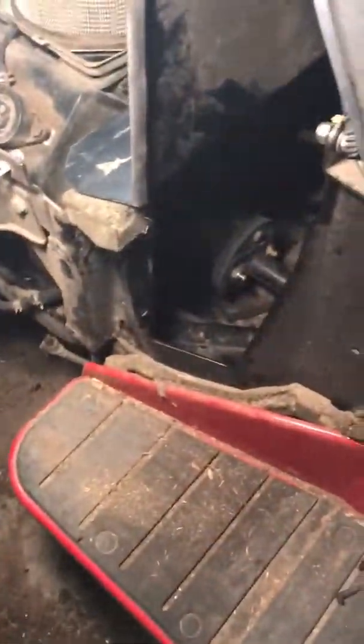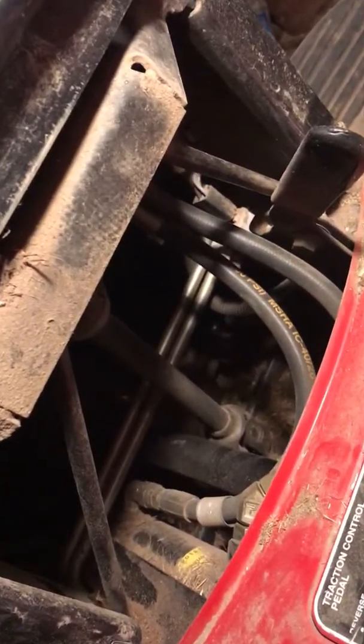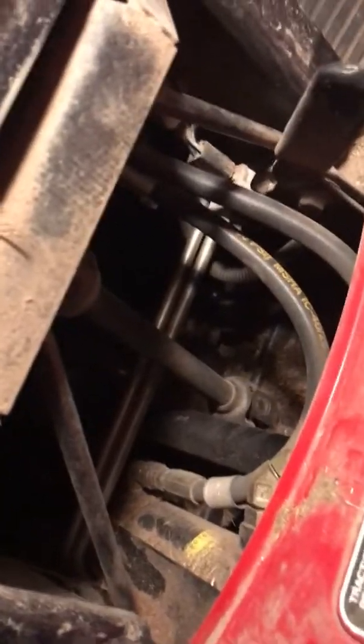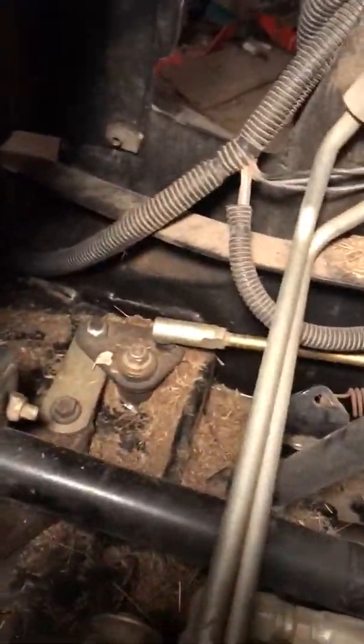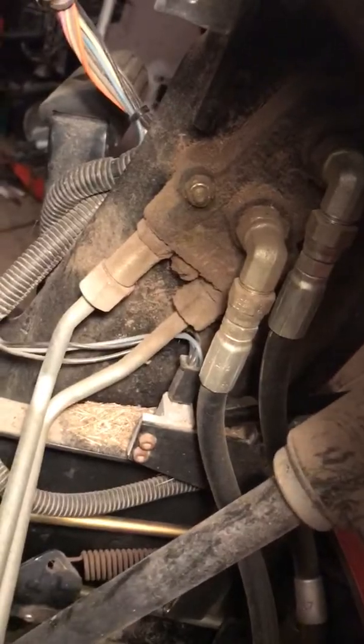I have removed the side panels and the access panel. Once you unbolt the side panels, this access panel on the back just comes right off, and it makes access to hoses and wiring and all that much easier. You really wouldn't want to tackle replacing these hoses working from below, but